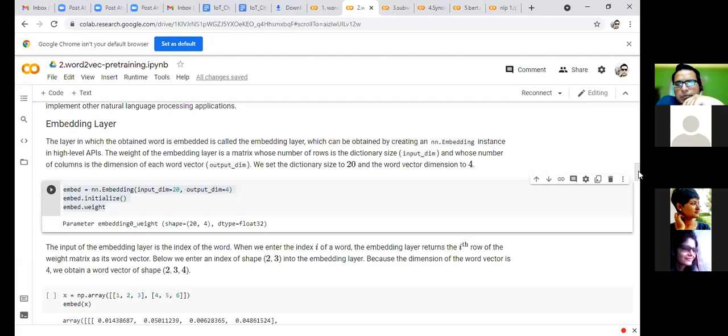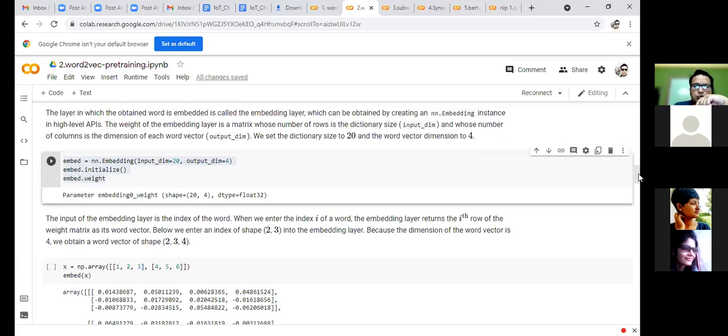So now let's move to the next part. The input of the embedding layer is the index of the word. Whenever we enter the index i of a word, the embedding layer returns the ith row of the weight matrix as its word vector. Below, we put an index of shape 2×3 into the embedding layer, and because the dimension of the word vector is 4, we will obtain a word vector of shape